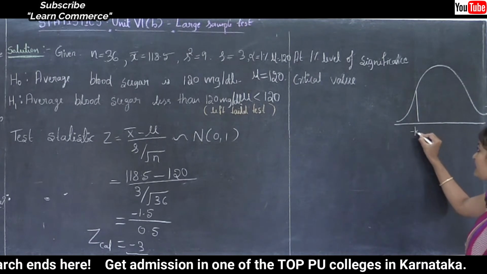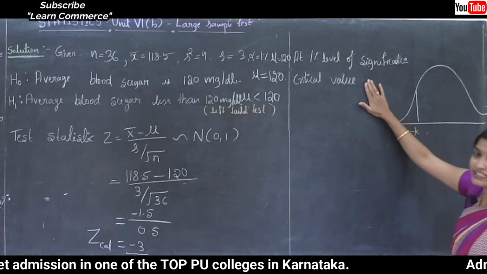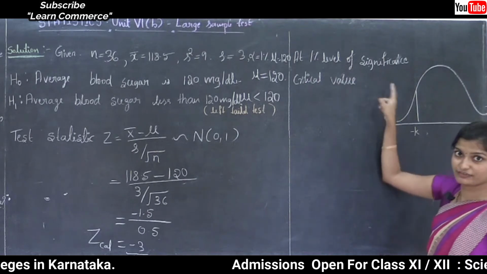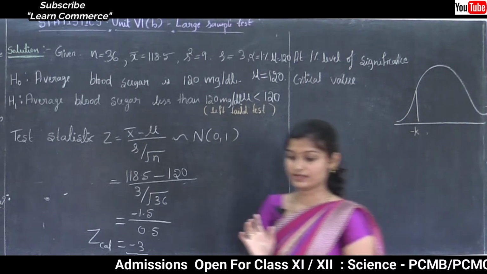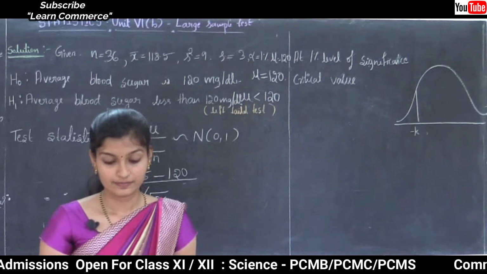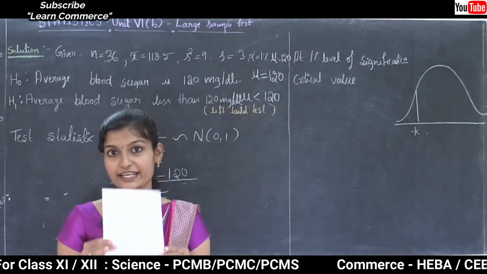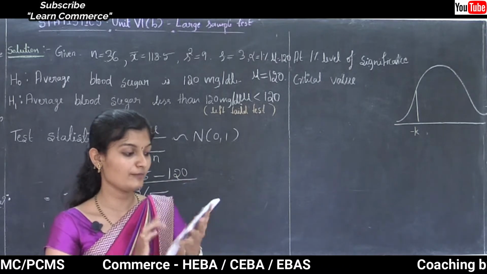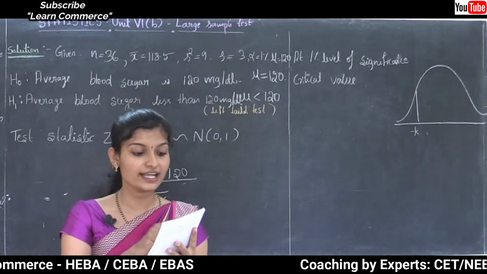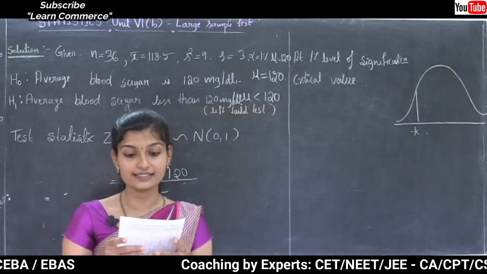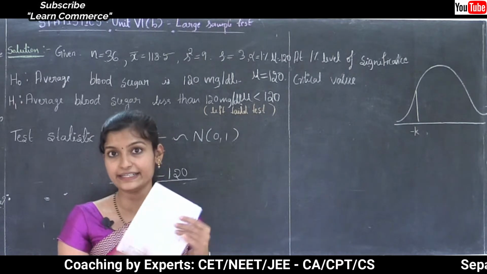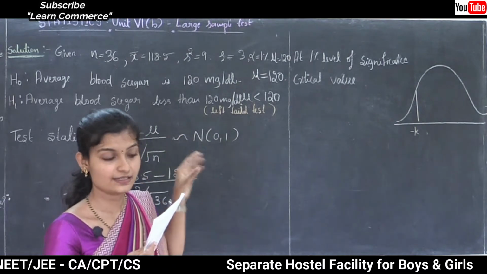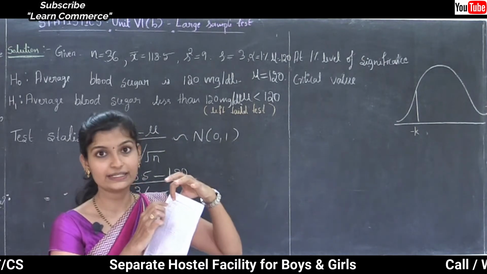So this is minus k value. So what is minus critical value? We can calculate the critical value at 1% level of significance using the statistical table. Here I am referring to this statistical table from the textbook, on page number 431. In page number 431, there are 3 tables: one is the normal test, next chi-square test and t-test. This problem is based on the normal test, so here I will refer to the normal test table.